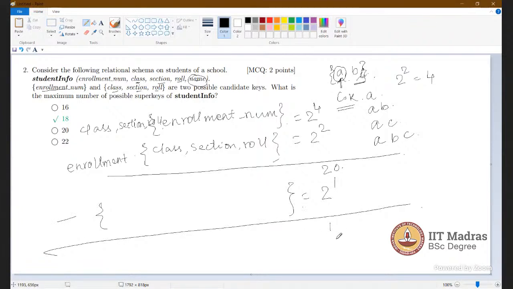So this step I didn't get. This one, 2 to the power 1. How does it come to 2 to the power 1? Only one is remaining. Suppose this is the repetition. This value is repeated in both. You can take this as a set, right?